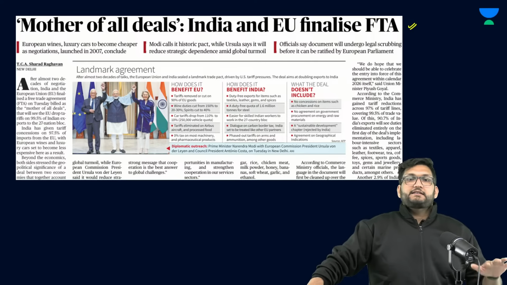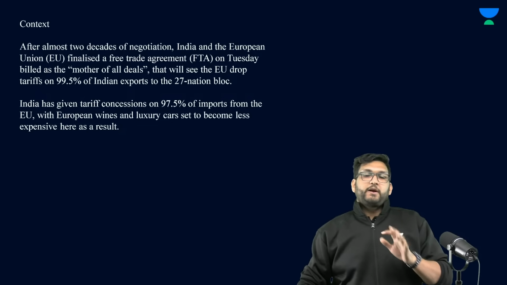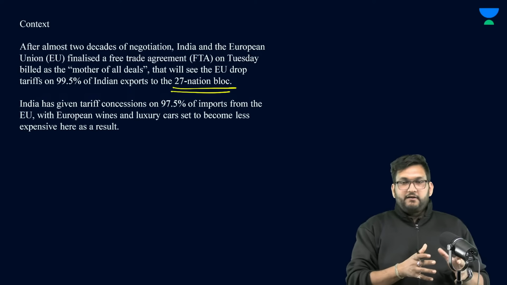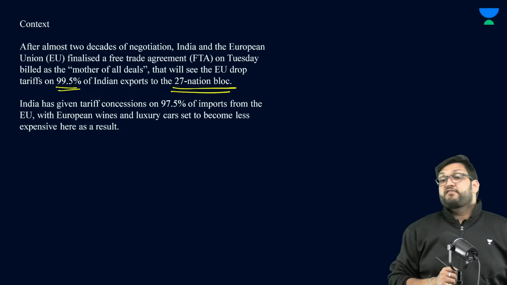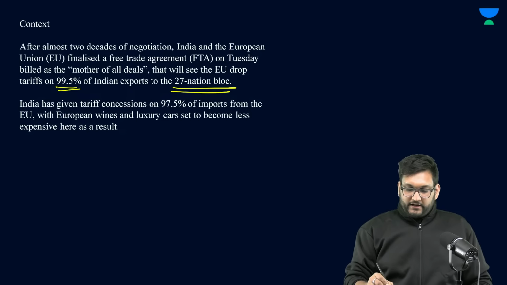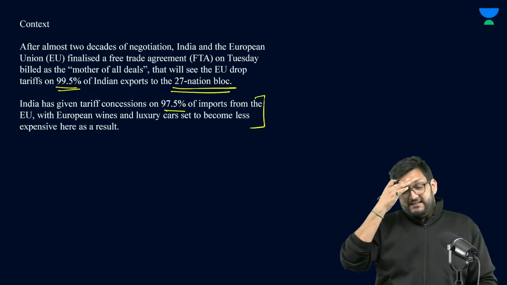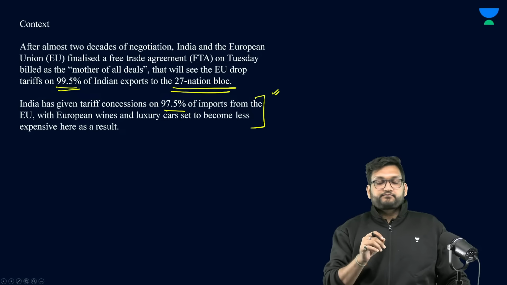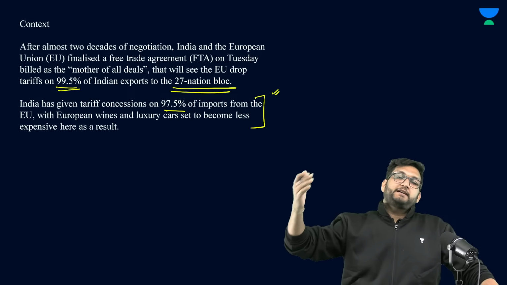And in that way, it's a very historic deal because it will open the 27-country, or 27-nation, bloc for India, where the reduction in the tariff is by 99.5%. At the same point of time, India will reduce 97.5% of its tariff for a lot of EU goods. That is where it is quite interesting, that both are ready to remove close to 90-plus percent of their